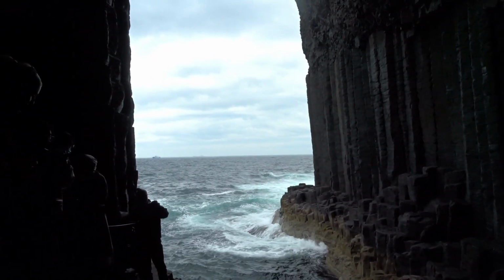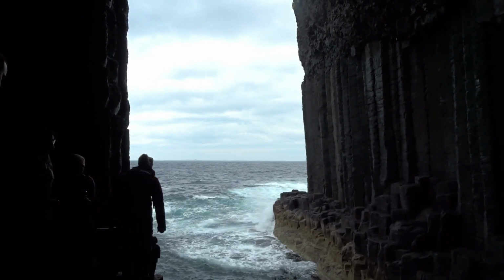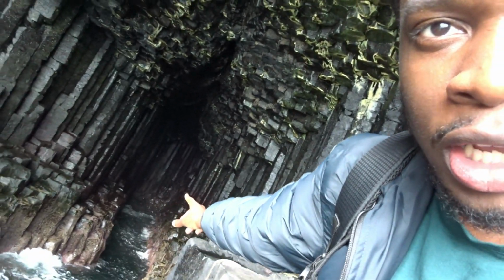You see, I told you, when it comes to geographic features, I love my geographic features. Even if I don't know what they're called, I love them. Oh, man. I don't even know what to say. What am I supposed to say? Look at the water. Look at the rocks. Look at the natural, you know, that geographic...